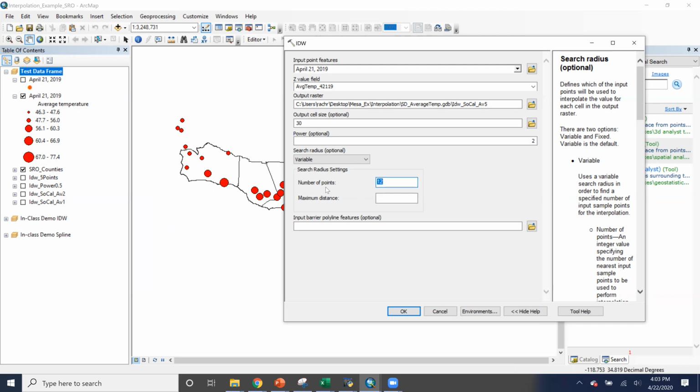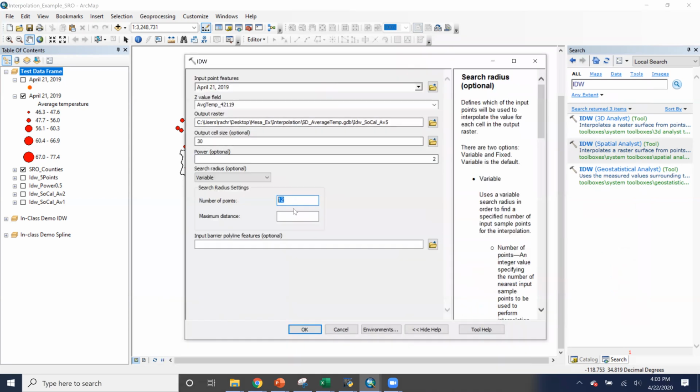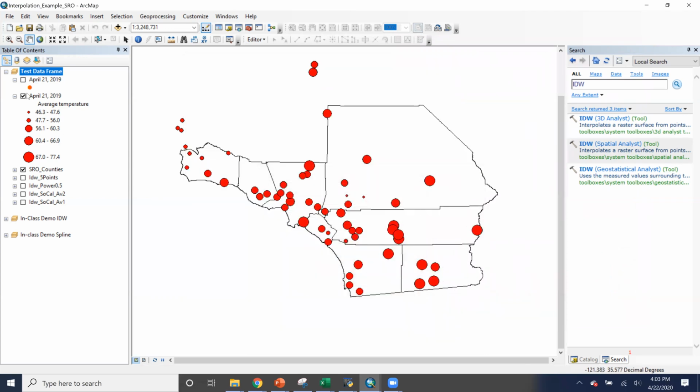But IDW is one of the ones where you can't control that search radius. Since we decided together that my values are close together in some places and far apart in others, having a fixed search radius is not necessarily the best option, and that's something discussed in Canvas. So for us, our big thing will be changing our number of points, and we'll be changing the power in a second too. So let's go ahead and look at